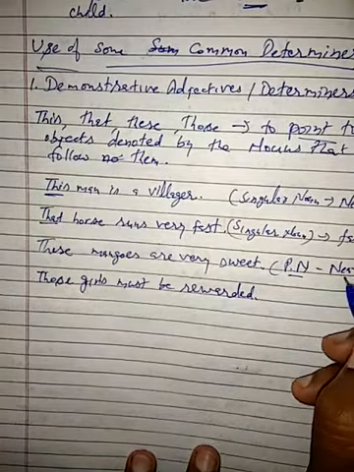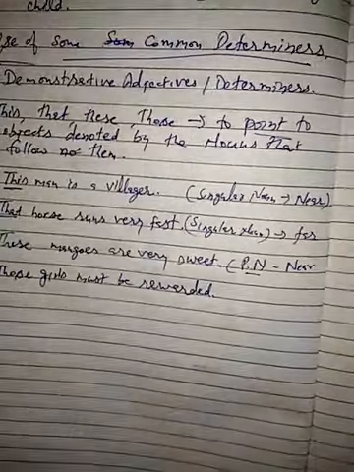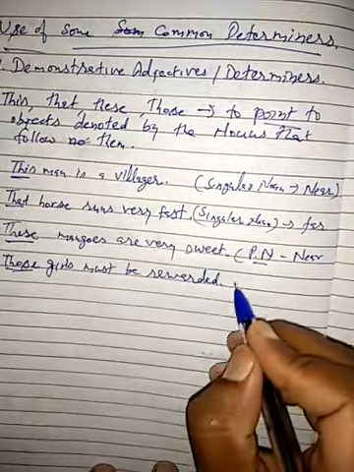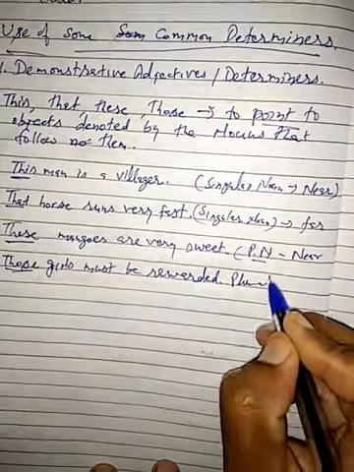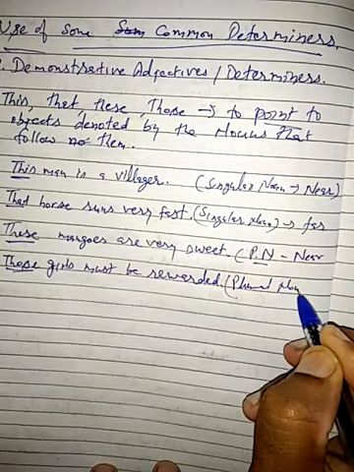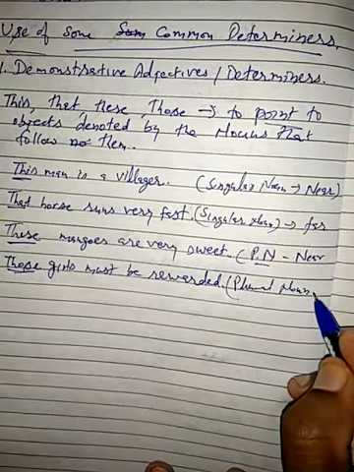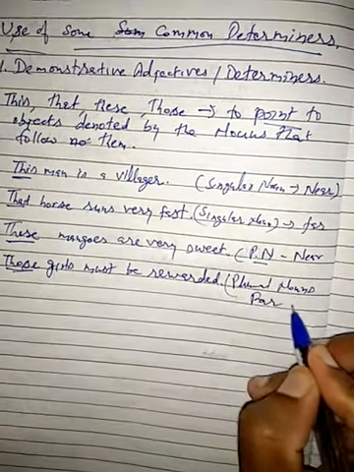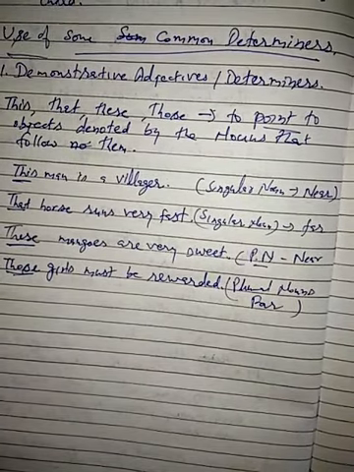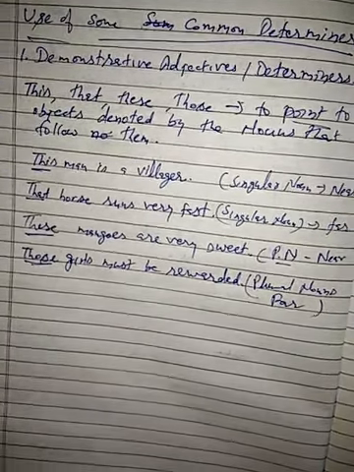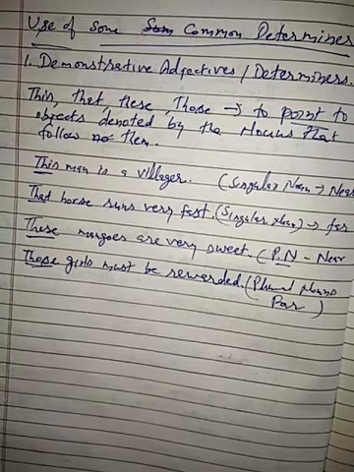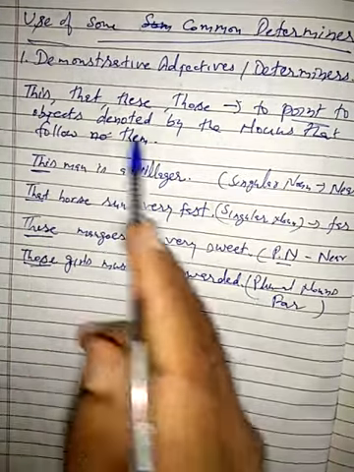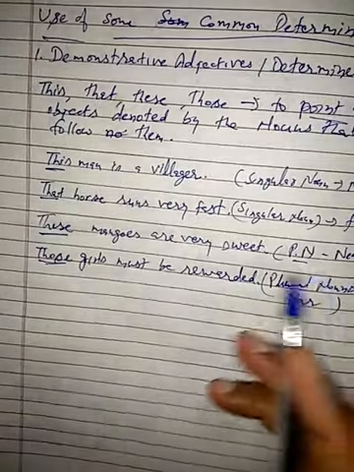पास वाली जो बहुत सारी चीज़ें हैं उसके लिए यूज़ करेंगे these, and vice versa. It is used for plural nouns, before plural nouns, and to show that they are quite distant, quite far, दूर वाले बहुत जो plural चीज़ हैं, plural things हैं, they are denoted by using those. Clear? So this is the use of demonstrative adjectives or determiners.